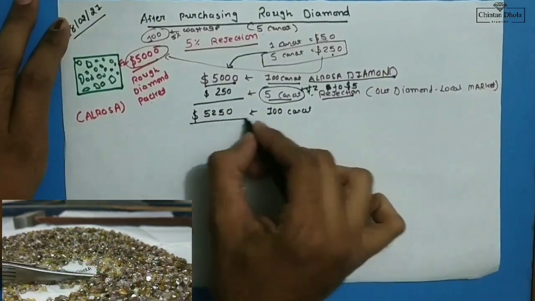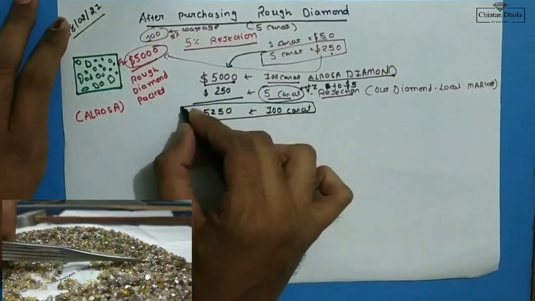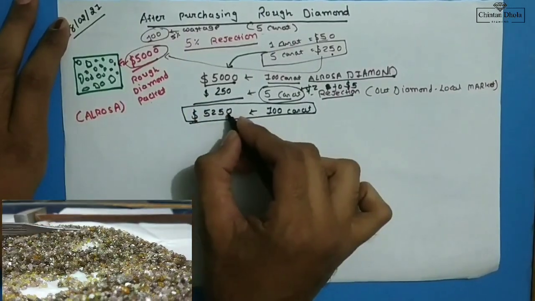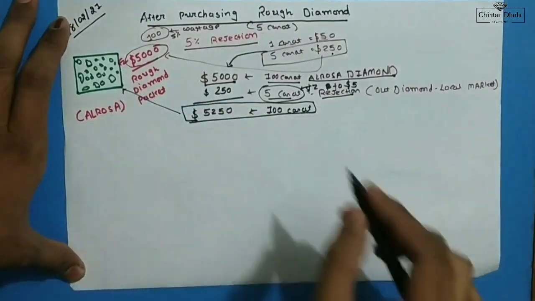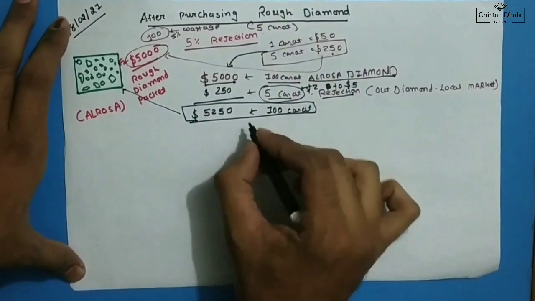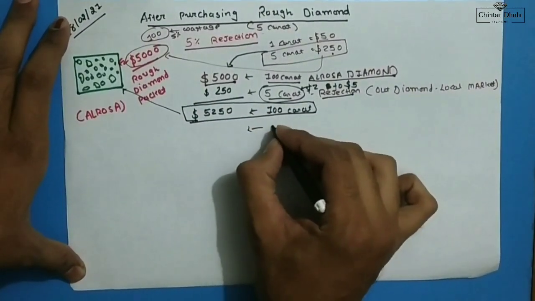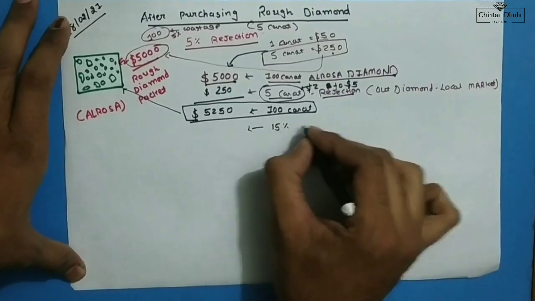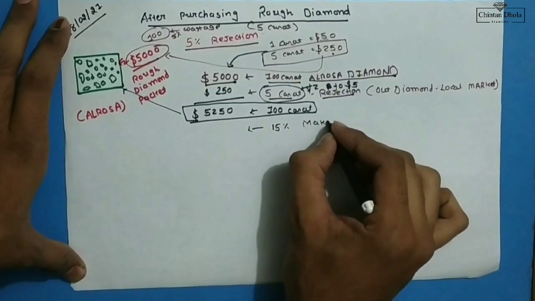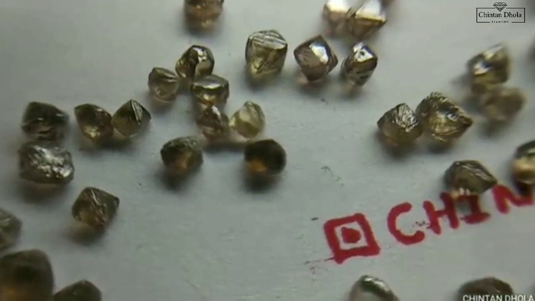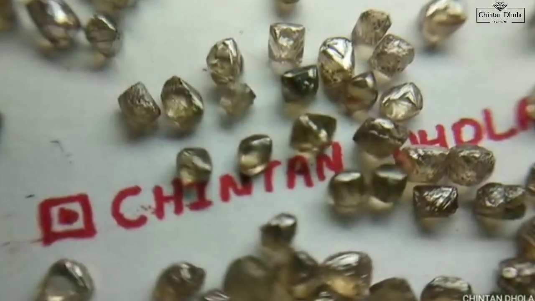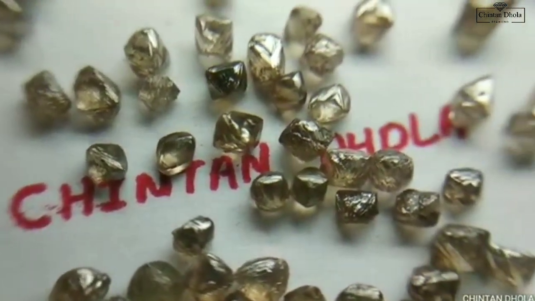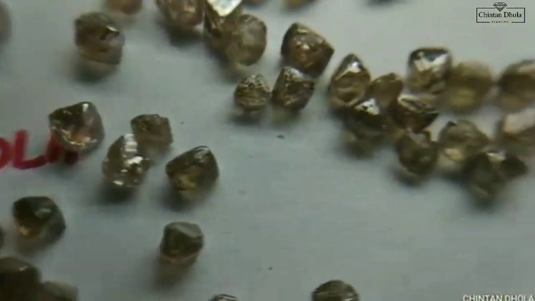So your final price for this rough diamond is $5,250 for 100 carat for this packet. But you also get some 15 percent makeable. Then the 15 percent makeable you don't have to include in this costing, but you get 85 percent